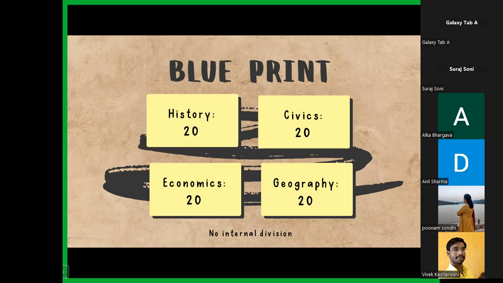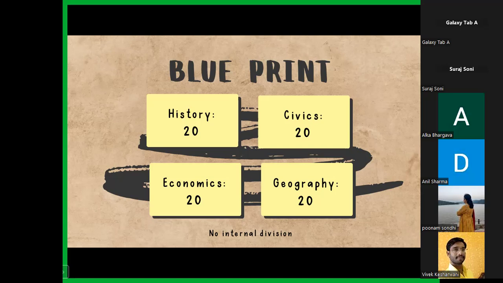Now, the interesting part about social science, I guess ours is the only subject where CBSE also is not able to decide how many marks to be given to each chapter. And so many times we've noticed that in the board exam, one or two chapters are at times missing. Probably CBSE finds that they are not too important to be tested, or the information there is not that important.